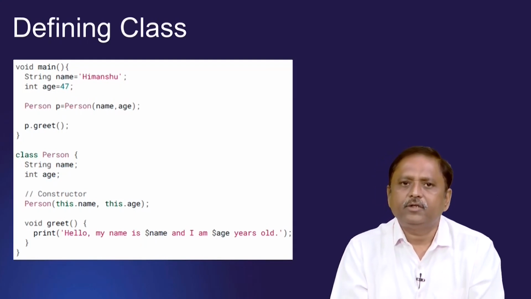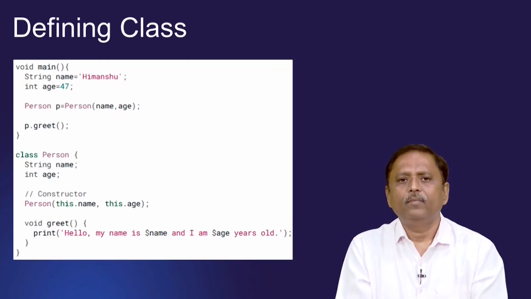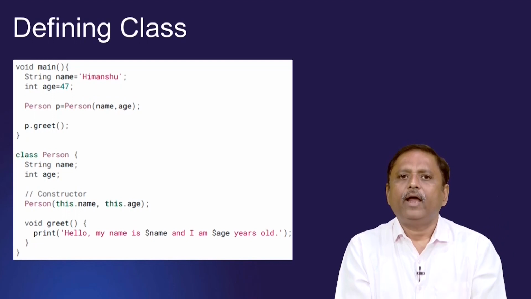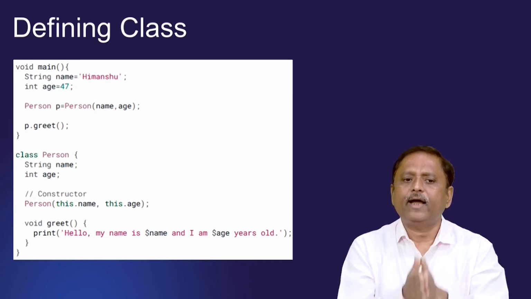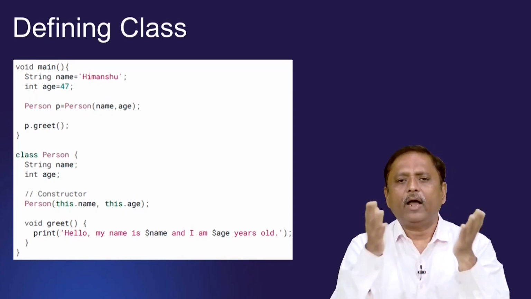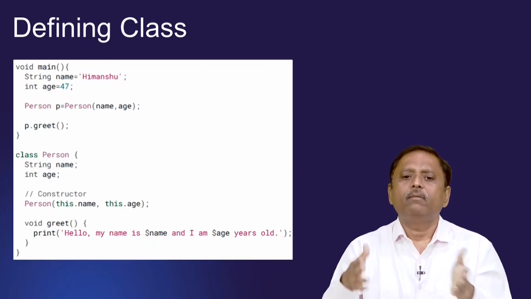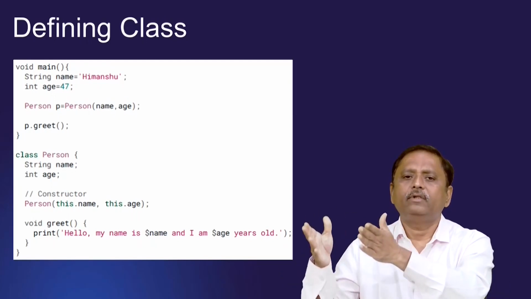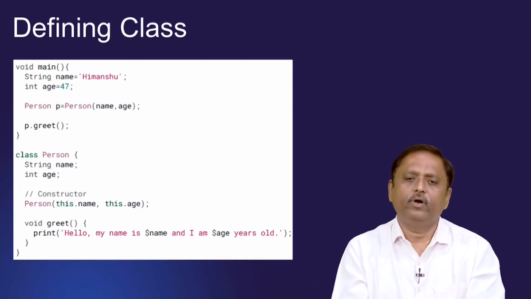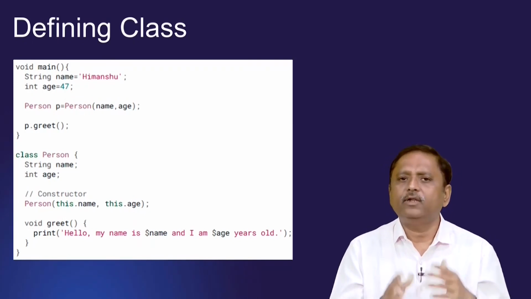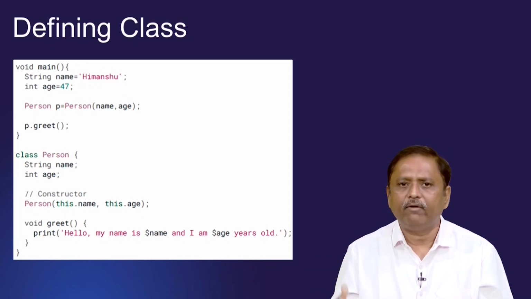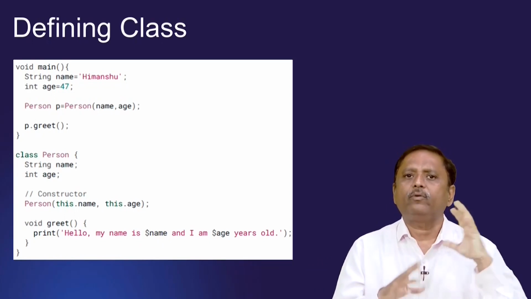or functions. So, here we have one method called greet and its body. Now, we know how to define functions. So, you can easily understand that it prints hello, my name is so and so and I am this much age years old. So, we will also execute all these codes in a real time environment, so that you can